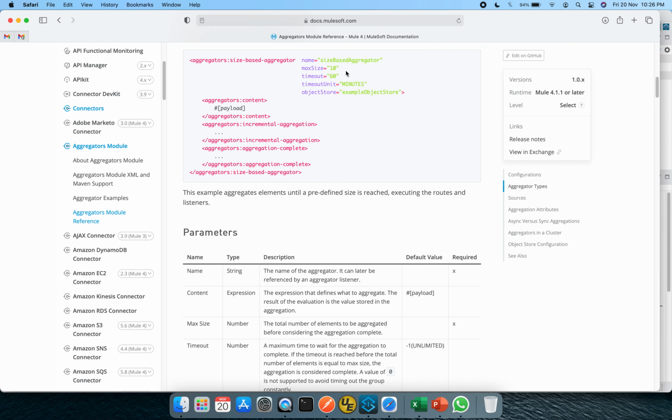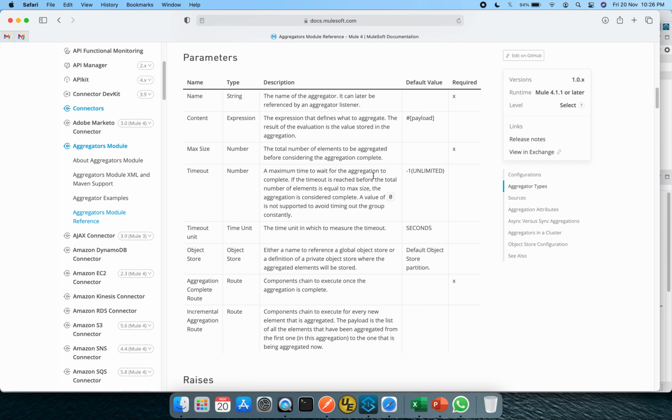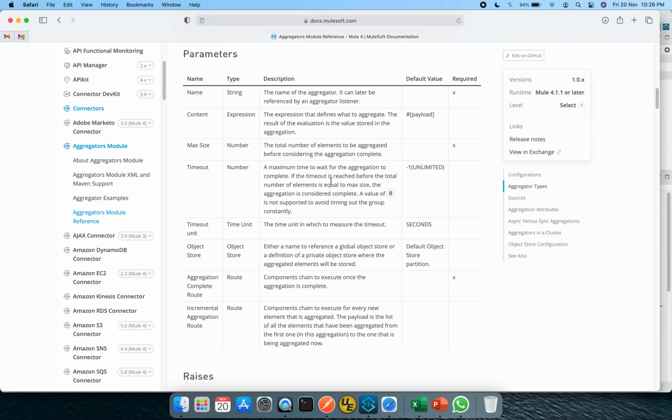So here it is talking about the attributes and all the different configuration. This is all about the content we want to aggregate, the maximum size, which we have configured as 5, and the timeout value, the maximum time to wait for the aggregation to complete. A value of 0 is not supported, to avoid timing out the group constantly.